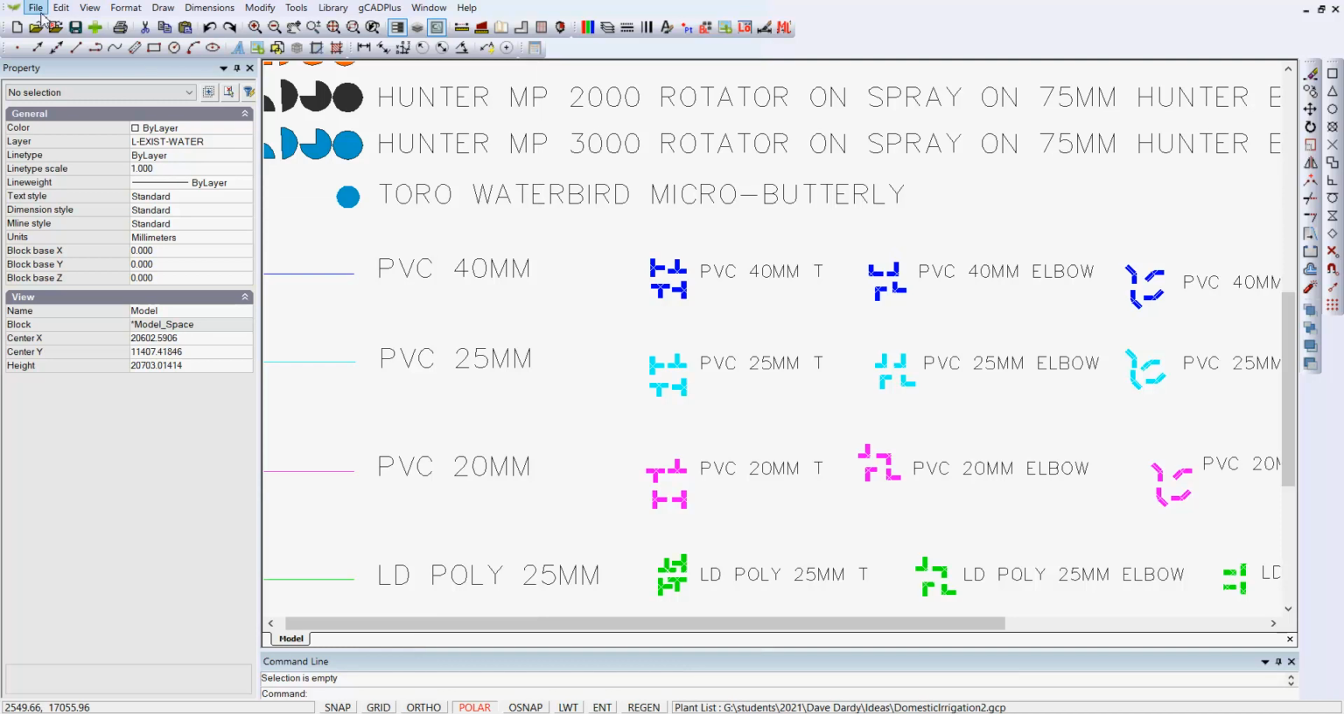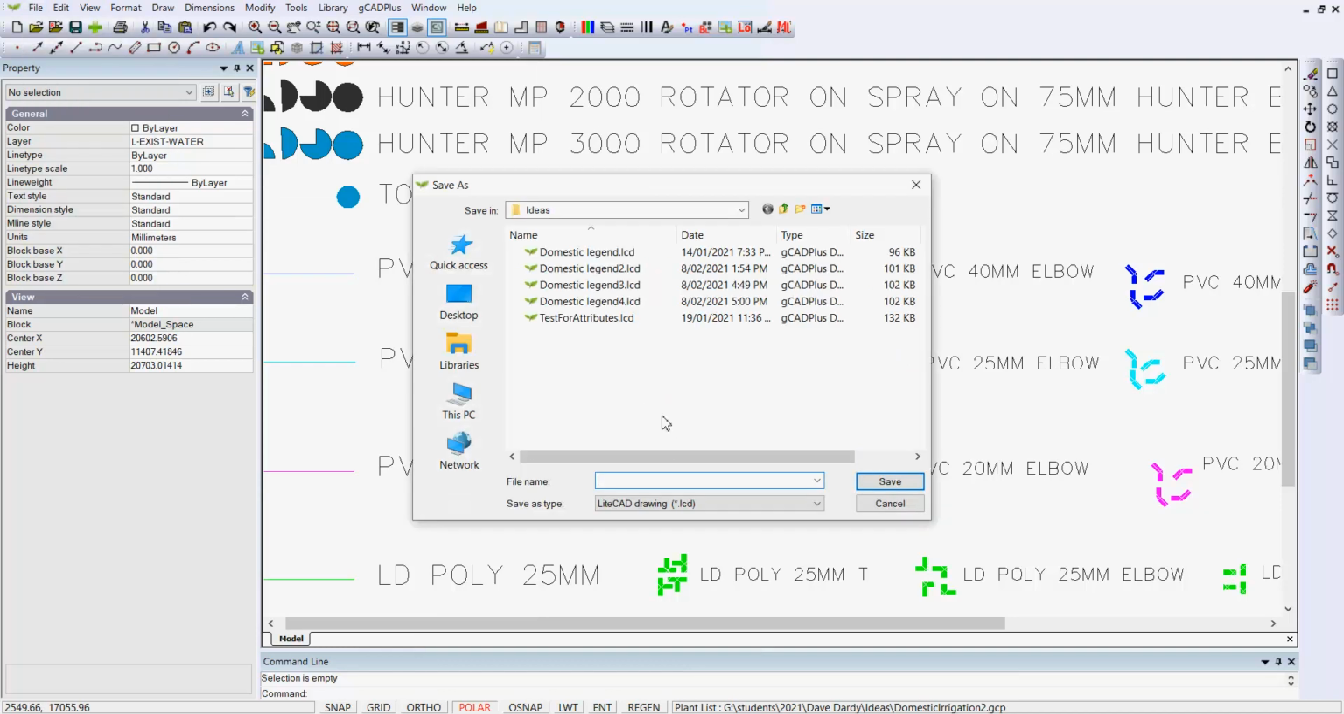want to go File and Save As, notice the previous ones. So if I click on Domestic Legend 4, this is a habit I get into of incrementing the number at the end of the file as I'm working. That means I can always go back to an earlier number. But if I change this, pick up that file to save a little bit of time and call this Domestic